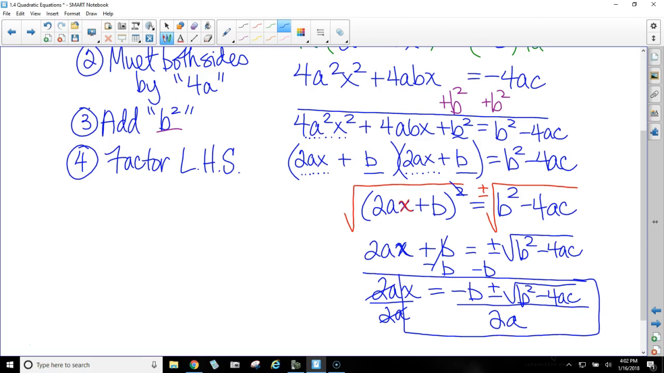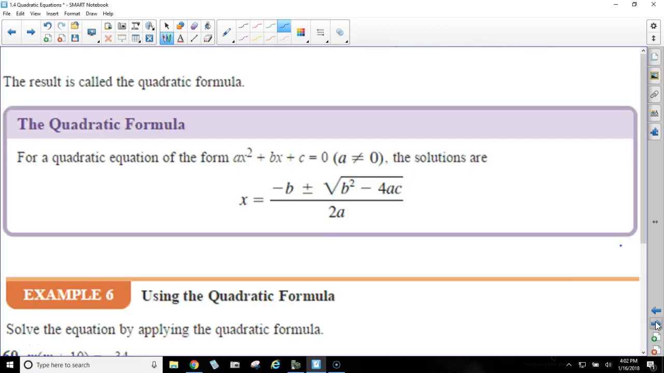Now that's going to be very important for you to memorize because we will be using it a lot. Okay, this is called the quadratic formula. It says in the purple box, for a quadratic equation of the form ax squared plus bx plus c equals 0, as long as a is not equal to 0. If a is equal to 0, you've got a linear equation, okay? But if you've got a quadratic equation and your first step is to write it in this form,